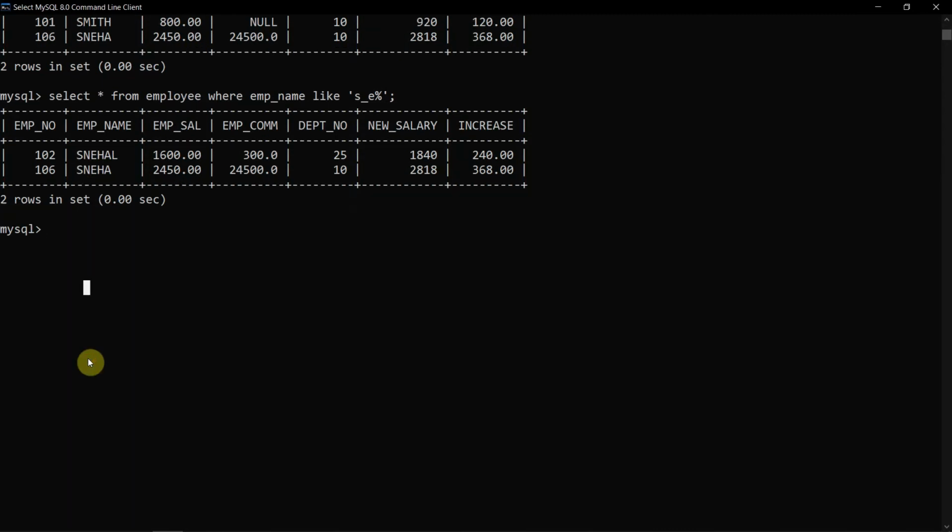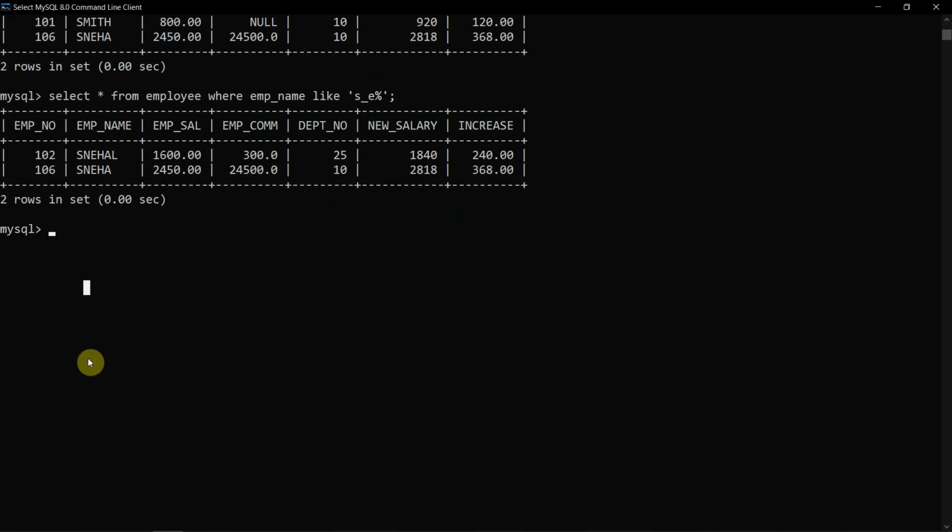So this is how the like operator is used. You can use it on any string or any data type, but mostly like is used for strings, because for numbers we have the boundation of ranges, that is, between is used.